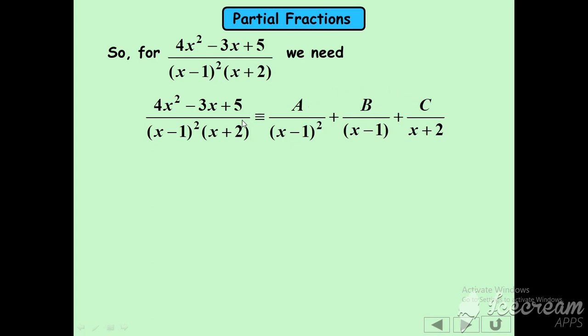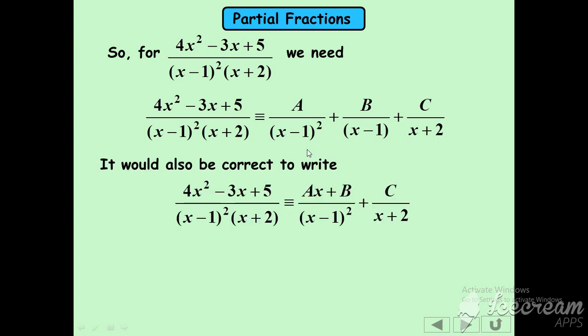And this may be one of the processes, or you can write it in this way also. Look here, this denominator is (x minus 1) whole square into (x plus 2), so